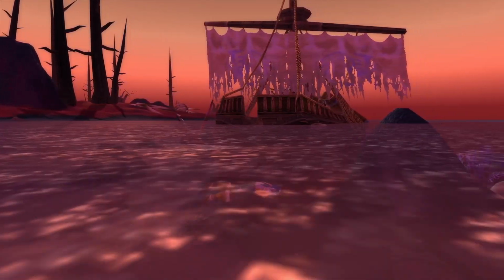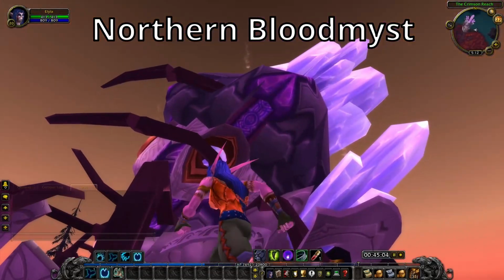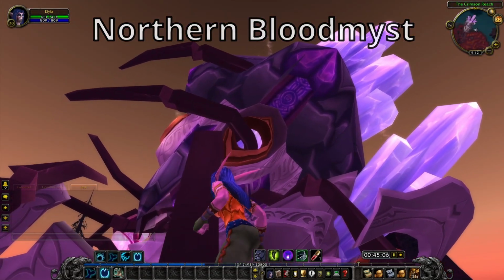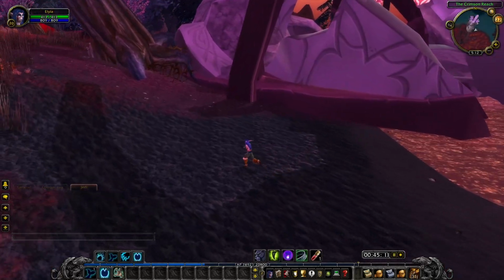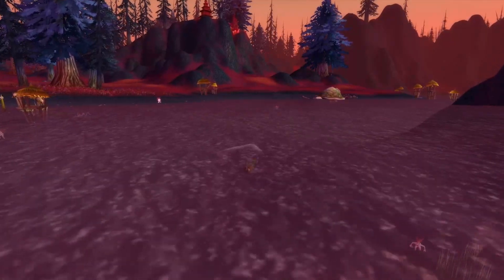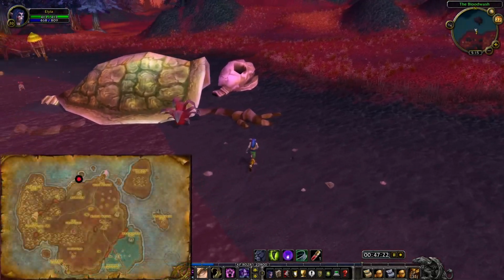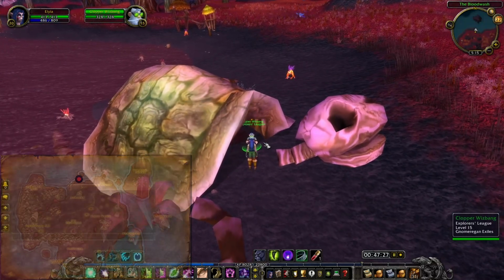vicious Naga. Back on the Bloodmist shore, the warp piston can be found, a massive piece of the Exodar's engine that now hangs precariously near the sea. The Bloodwash, a Murloc-infested fragment of coastline, is home to this unexpected gnome who lives inside yet another beached turtle